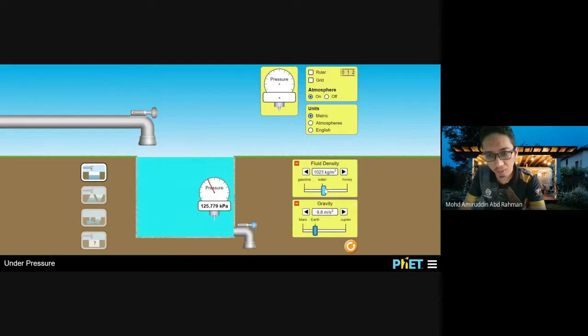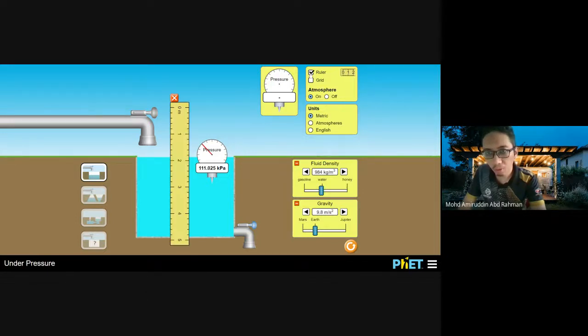If it is water, then it will be a different pressure, and if it's a gas or petrol, it will be different. So that's for number 7. Also check at different levels of the water depth. Okay, so number 8, you set the density to gasoline and pressure clock at the depth of 2